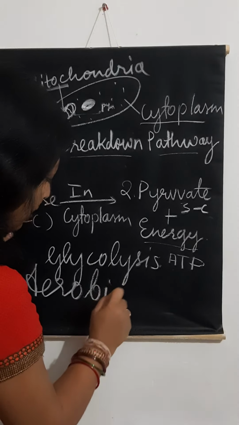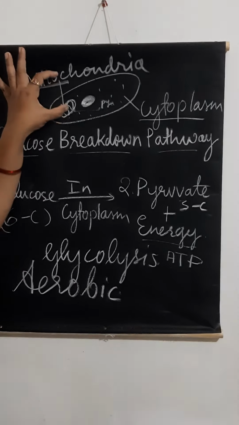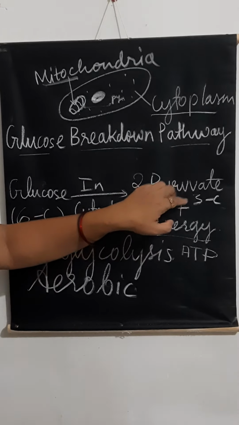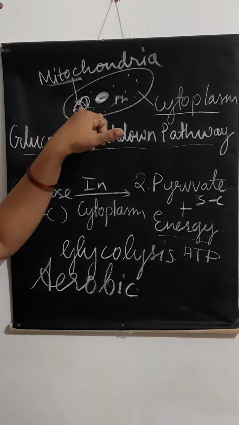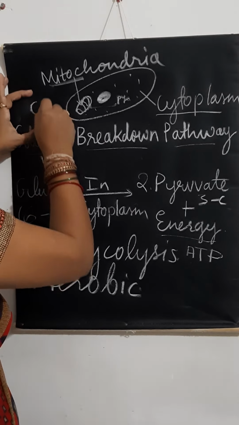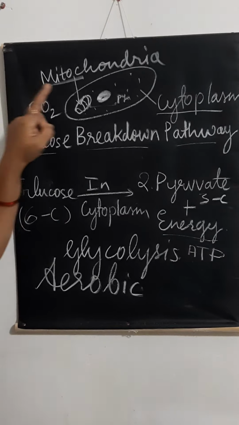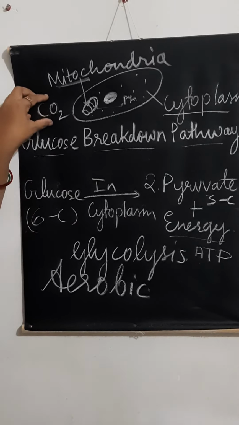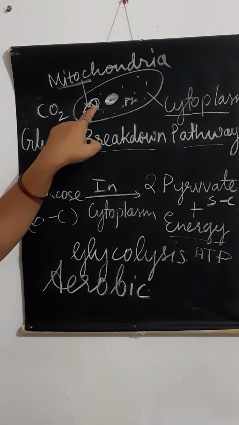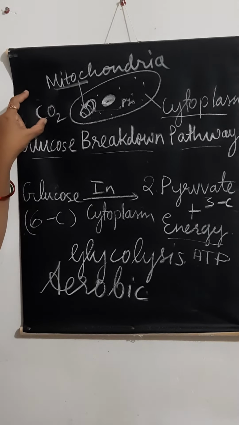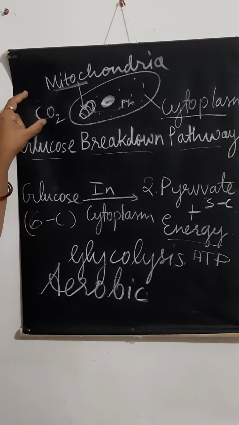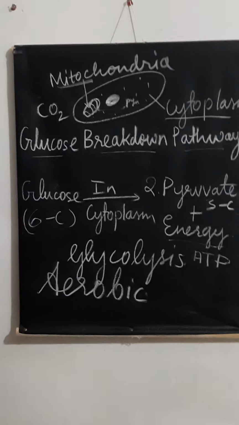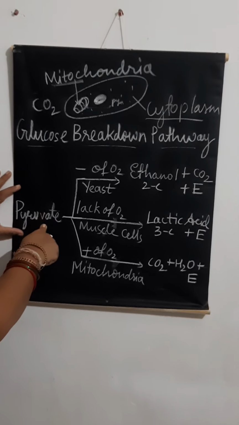Okay, and that is why in aerobic respiration, the glucose, after being broken down into pyruvate, this pyruvate gets completely broken down to form carbon dioxide plus water and energy. So as there is a complete breakdown of glucose in the mitochondria, we get more energy in aerobic respiration and we get very less energy in anaerobic respiration. Now this is the next stage in the breakdown of glucose.